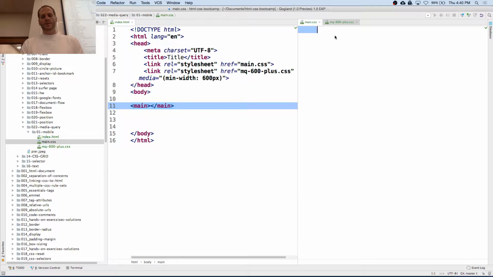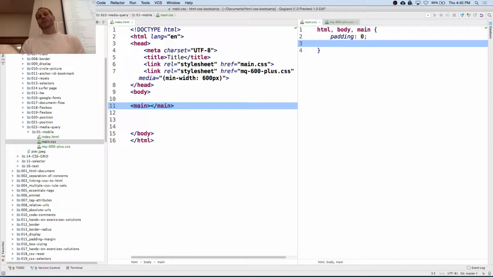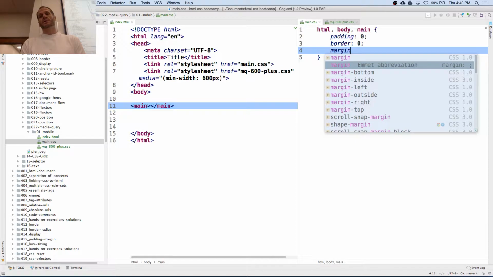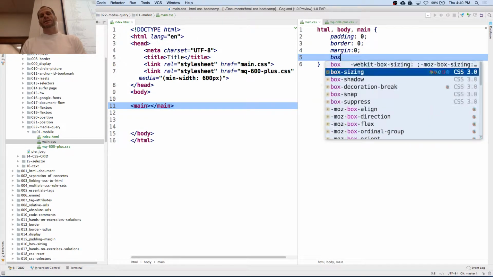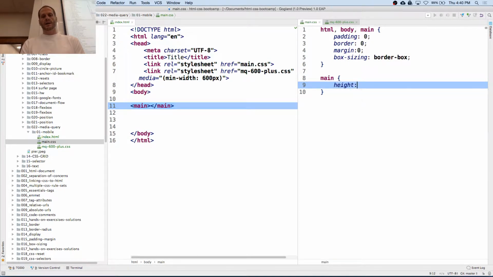And here we're going to do HTML body main padding 0, border 0, margin 0, box sizing border box, and then main we're going to do a height of 100 VH